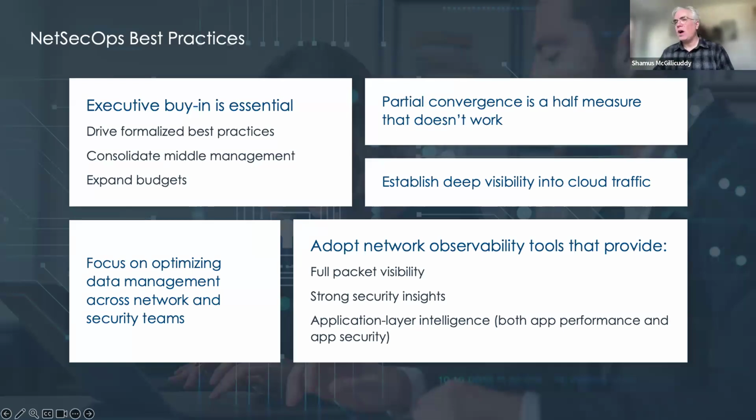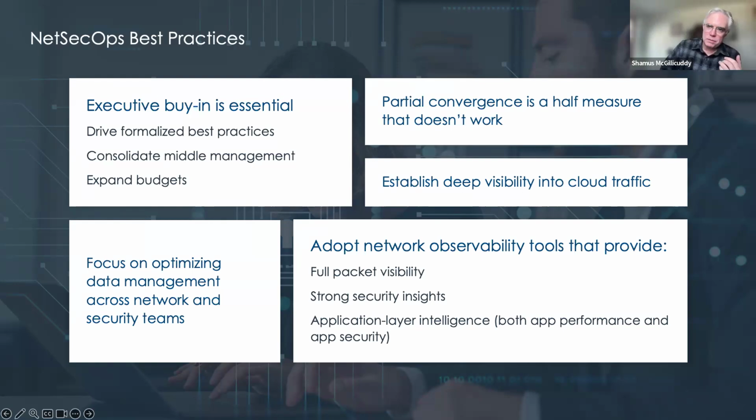We also saw that people who have really good traffic level visibility in the cloud, like can get access to packets in the cloud, are also working together better. So keep that in mind, especially given the fact that cloud is one of the drivers of this collaboration. A focus on optimizing data management across network and security teams, which has come up a few times already, is